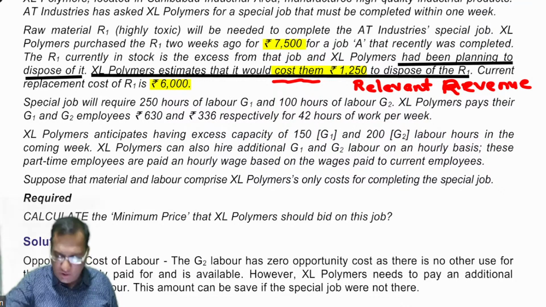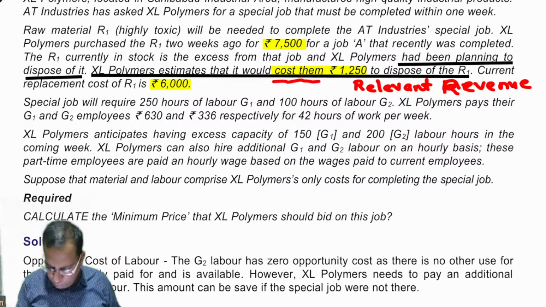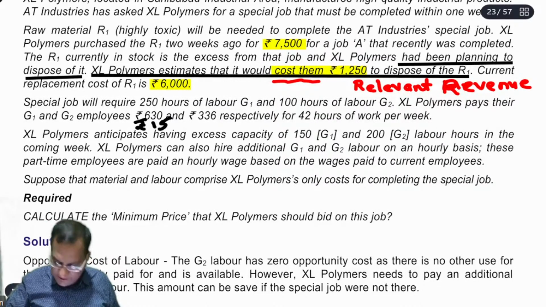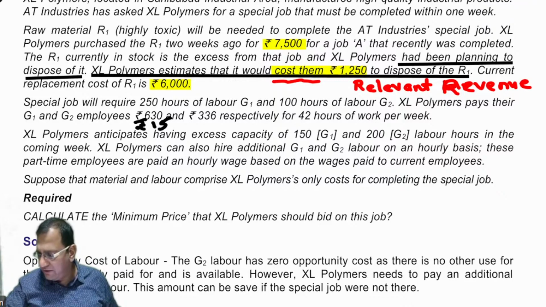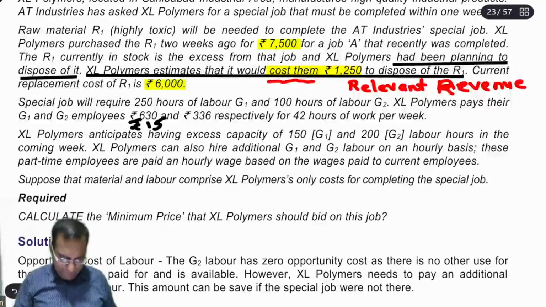If we want to convert it to per hour, tell me the amount per hour. 630 divided by 42, it's 15 rupees. And 336 divided by 42, it's 8 rupees per hour. Okay. Now,